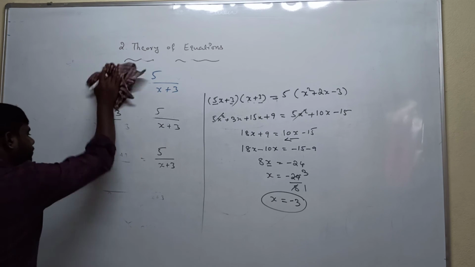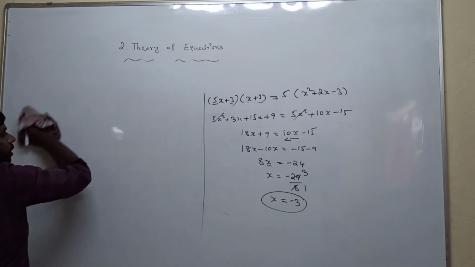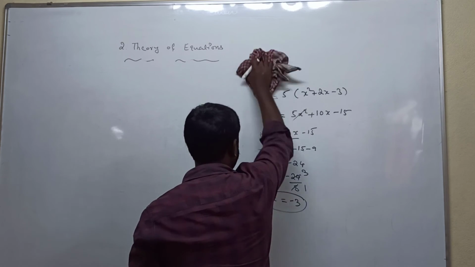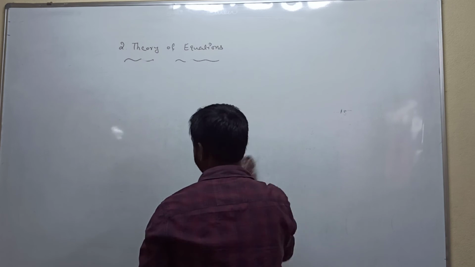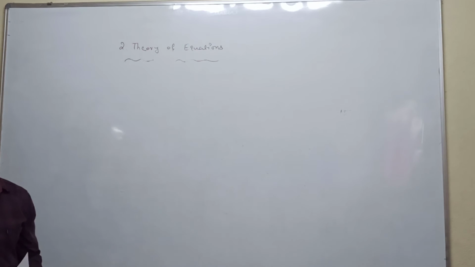14th question. These questions are very easy. You are understanding. So what are the given equations? First simplify the LHS part and RHS part. After that, we can take the x variable to the left hand side and the constant values to the right hand side. So finally we get the x value. In this method, the last question, the 14th one.